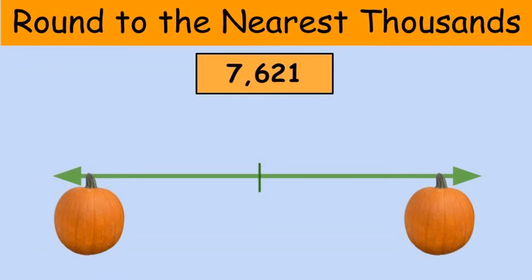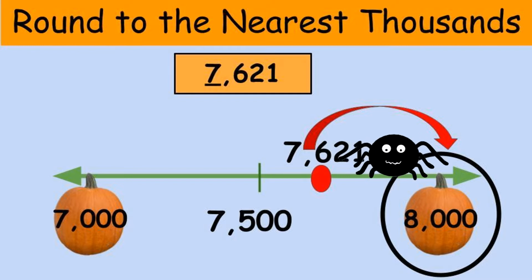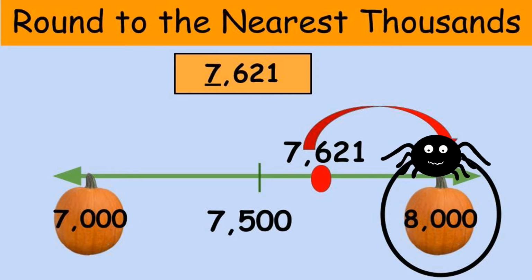Now it's your turn. Round 7,621 to the nearest thousands. Pause the video so you can figure out your answer, and when you're done, press play to see if you got it right. If you said that 7,621 rounds to 8,000, then you are correct. Since 7,621 is in between 7,500 and 8,000, we can say that when you round 7,621 to the nearest thousand,